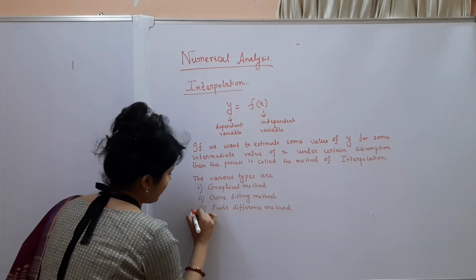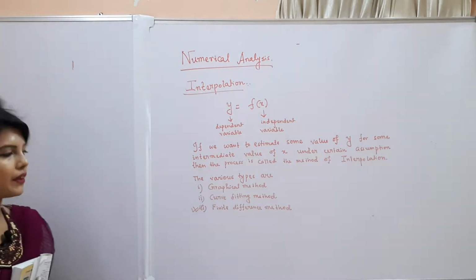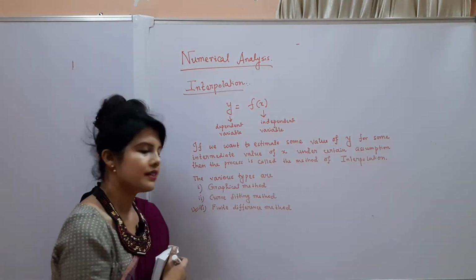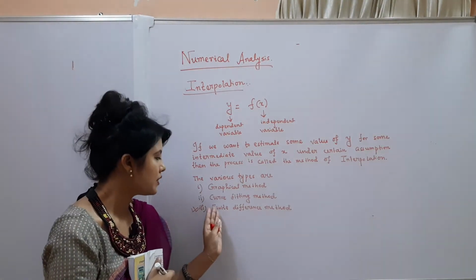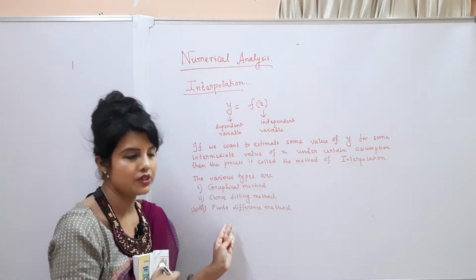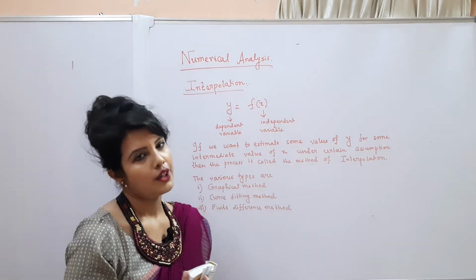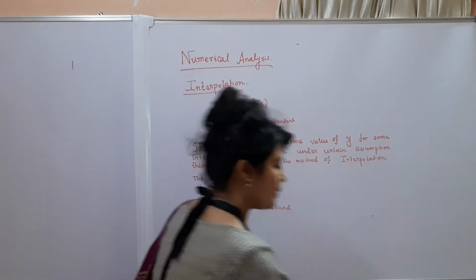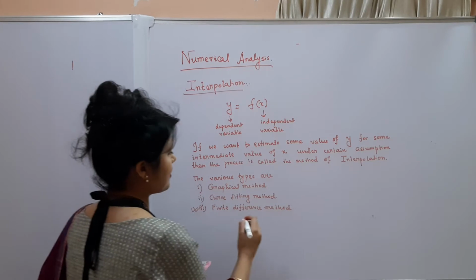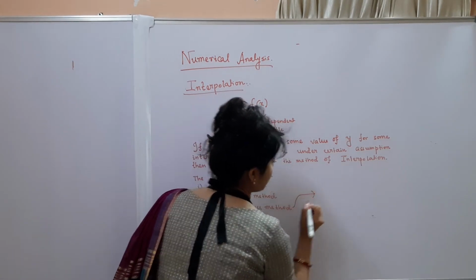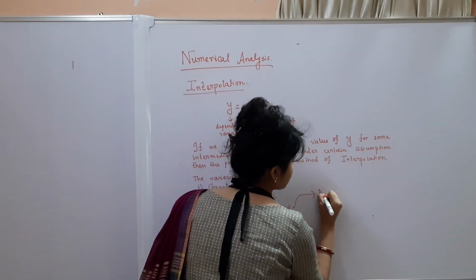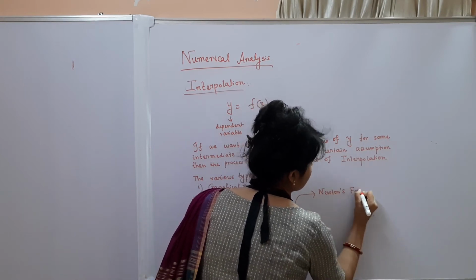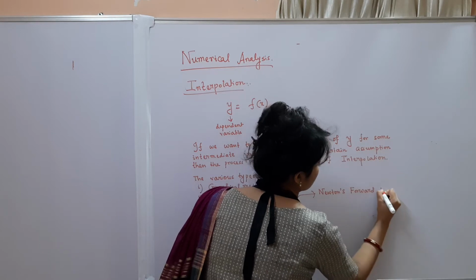Okay, so of which the number 3 is the most popular, that is the finite difference method, and we are going to discuss our problems on these methods. That is, we are going to use the finite difference method to find out the process of interpolation. Okay, so the finite difference method can be classified into two sections. One is Newton's forward interpolation,